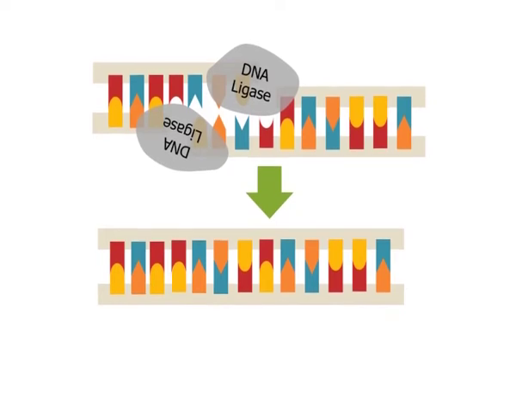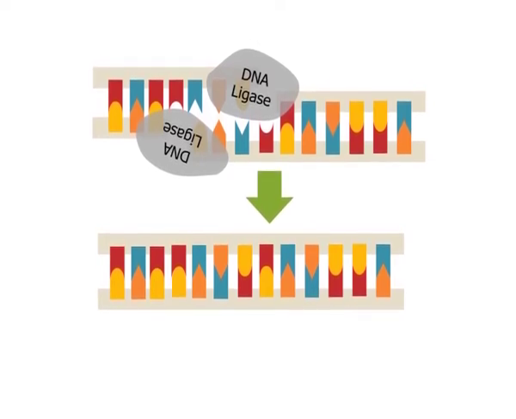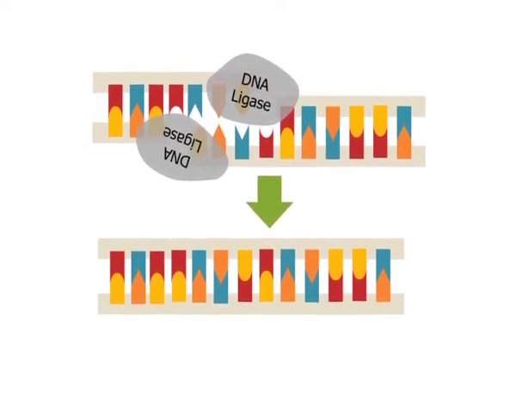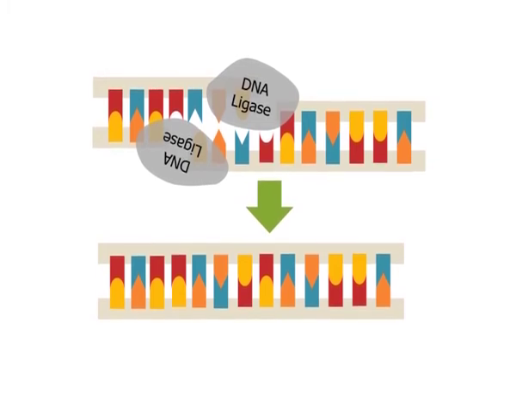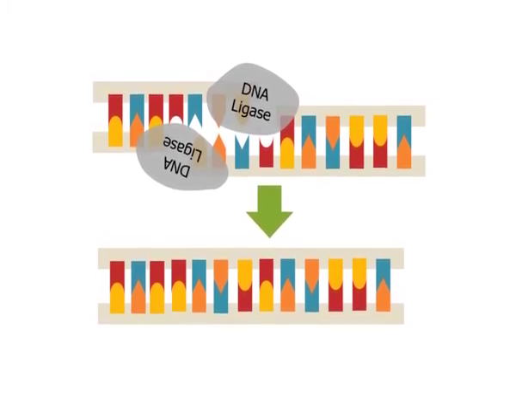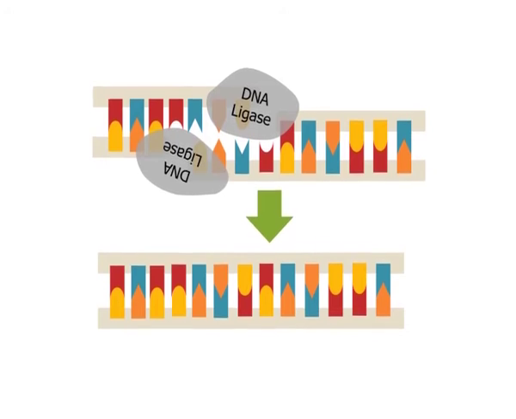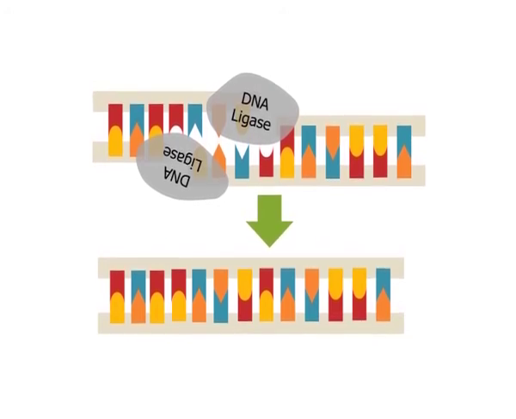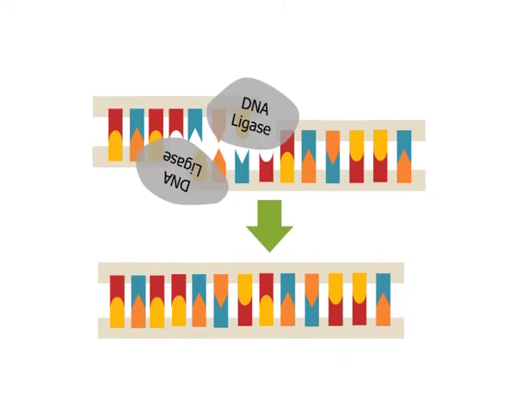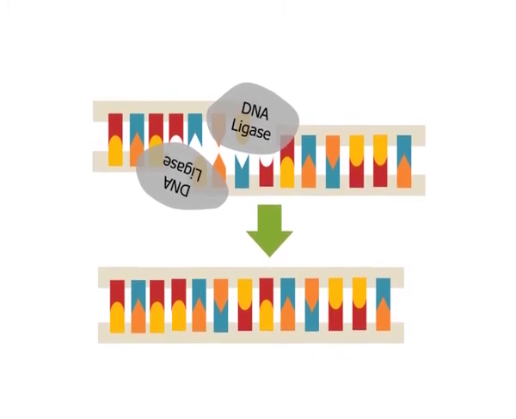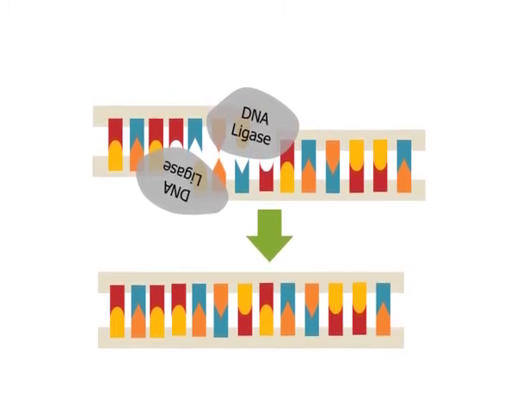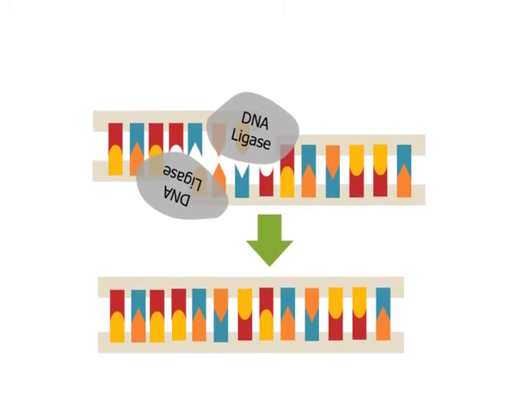DNA ligase helps the joining of the DNA strands together by catalyzing the phosphodiester bond formation. It plays a vital role in repairing the single strand breaks in the duplex DNA molecule in living organisms, but some forms such as DNA ligase 4 may particularly repair the double strand breaks.